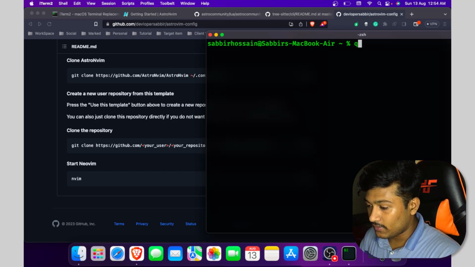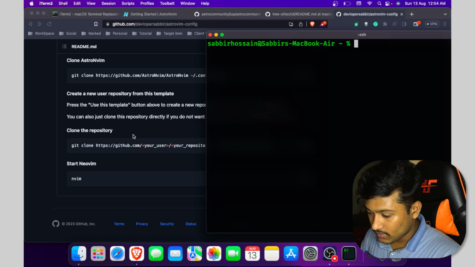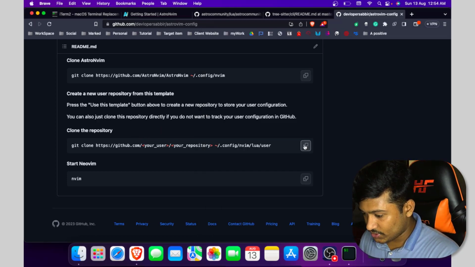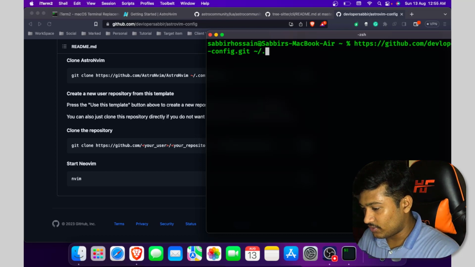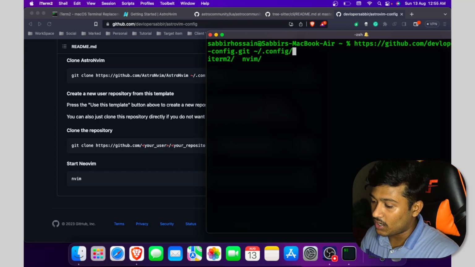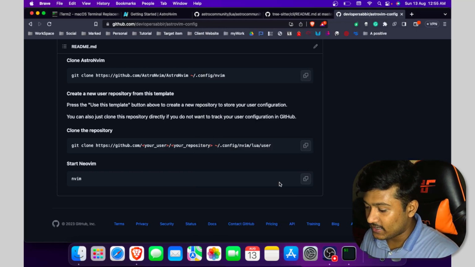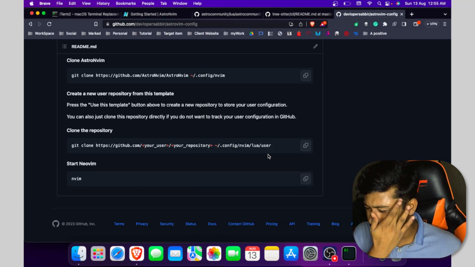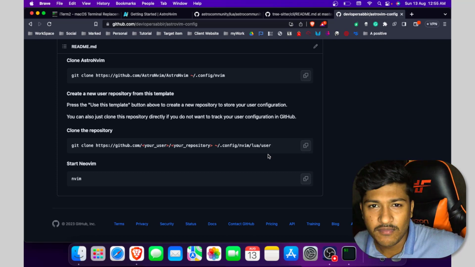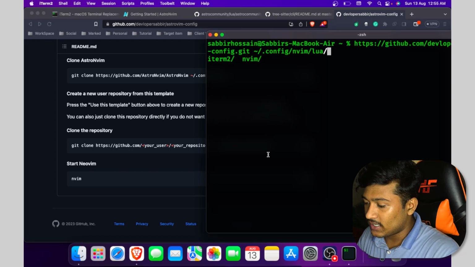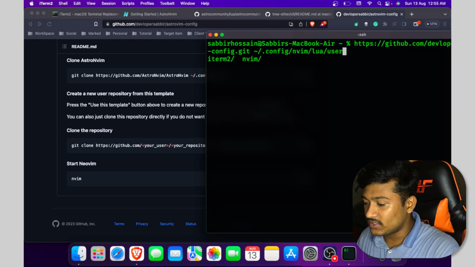So okay, you can use, sorry, .config, maybe nvim and then lua, and at last we have to add the directory called user. If you want, you can use your name or your username, whatever you like. So I just use user. Okay, just hit enter.